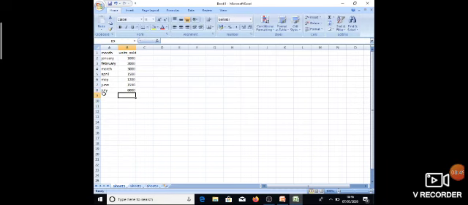Now I want to calculate the total sale. For calculating the total sale, we have to add all these units sold. So how do we calculate it? I told you each and every formula in Excel always starts with the equal to sign. So beforehand you must write the equal to sign.